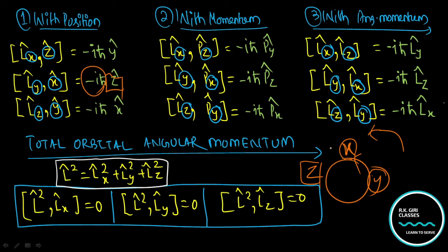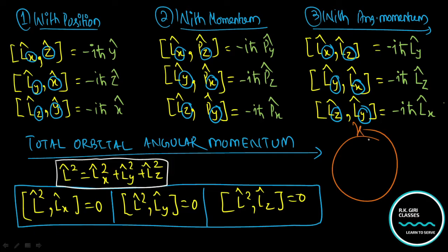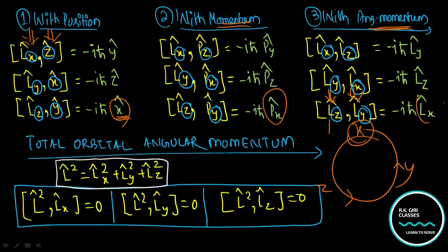Similar in this case, z, y, right? Similar in this case, x, y, z, you will move from z to y, the rest part is x, because you are having angular momentum and your position. That's why, at the end you will find the position. If this is momentum, you will find the momentum operator; if you take angular momentum with angular momentum, then the result will be angular momentum. This is the shortcut trick. And if this is clockwise, then this will be plus i h cut. If this is anti-clockwise, this is minus i h cut.